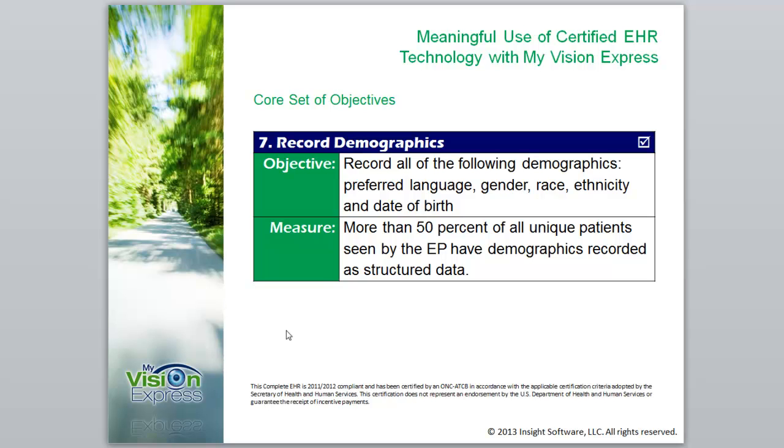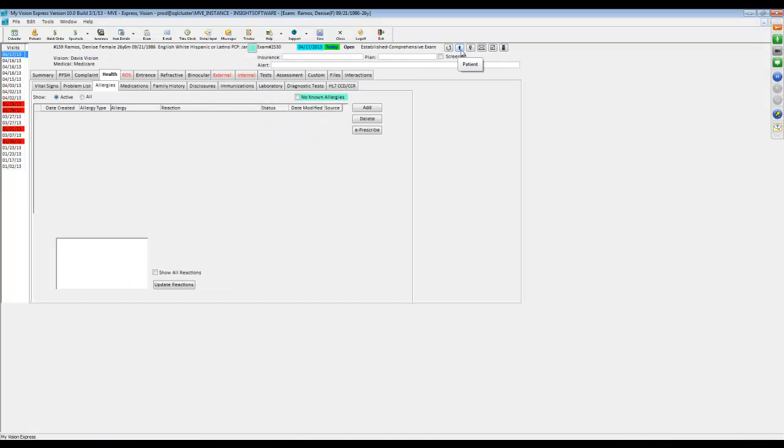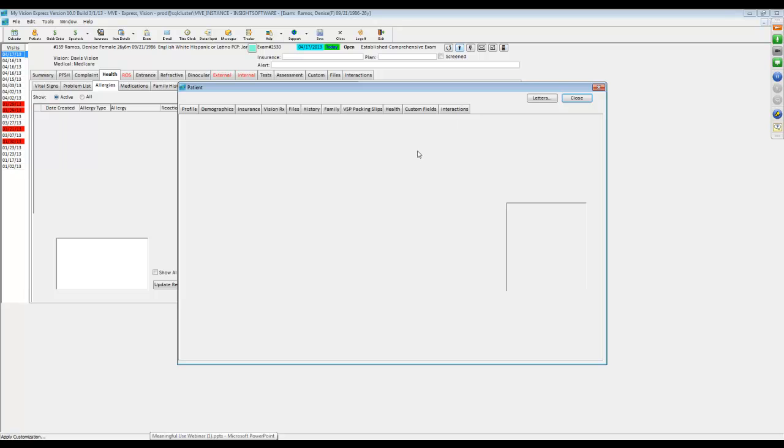Number 7 is record demographics. So the objective is to record all the following demographics: preferred language, gender, race, ethnicity, and date of birth. This must be done with more than 50% of all unique patients seen by the EP that have demographics recorded as structured data. So I'm actually going to go into a patient profile,